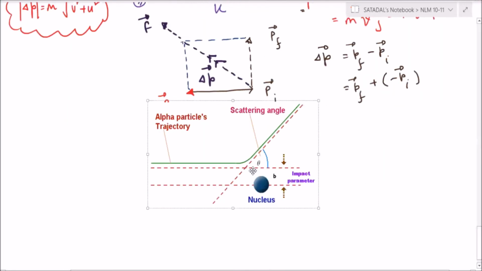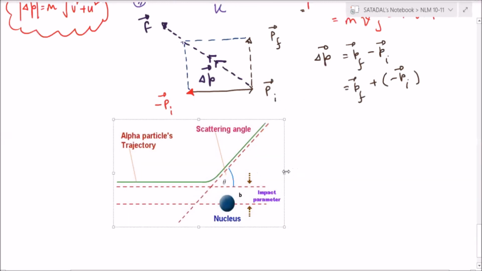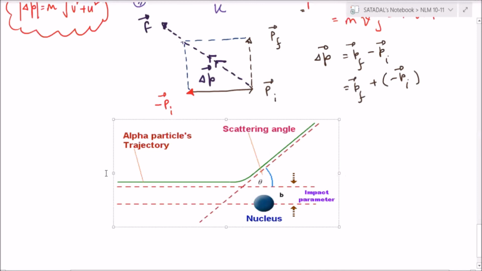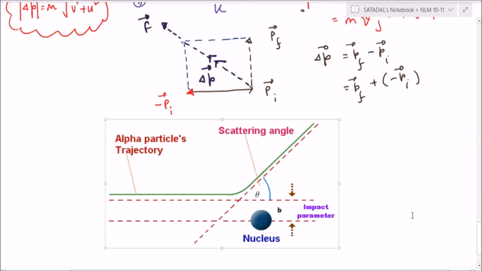Hello champs, you have studied, na? All champions in chemistry. Rutherford alpha scattering experiment, did you remember? It is the live example of what we have studied just now. This is the initial direction of momentum, pi vector. Alpha particle flies away in this direction. This is pf vector. Correct?